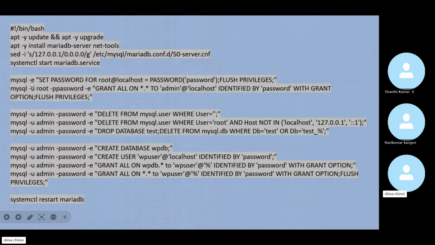okay. So here mysql -e set password for root@localhost, and this is my password, giving the privileges, flush privileges. Then we are going to grant the permissions with the root password, grant all on *.* to admin@localhost identified by the password with grant option, with flush privileges. Once you are done with this, you are going to enter into the MySQL server, mysql -u admin -p password, delete from mysql.user where